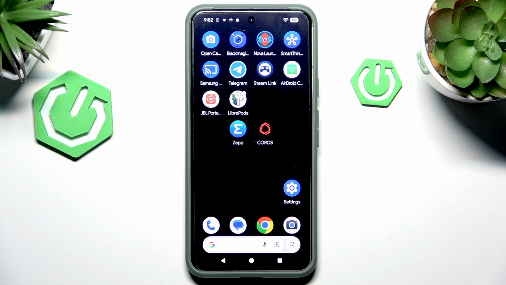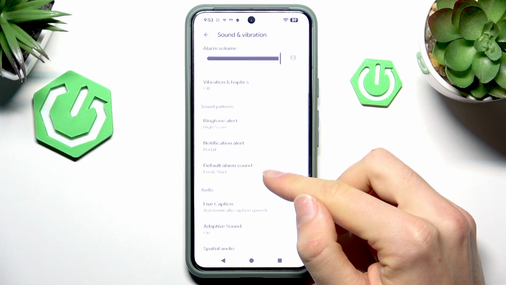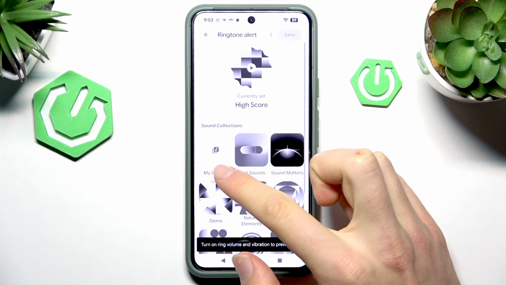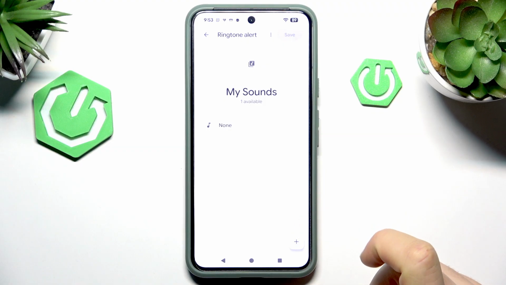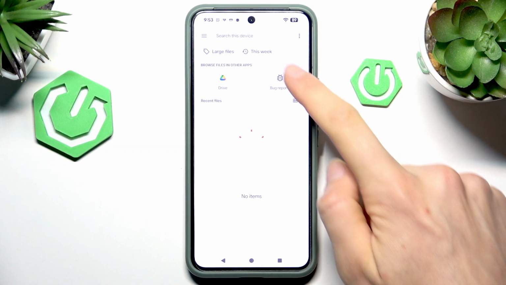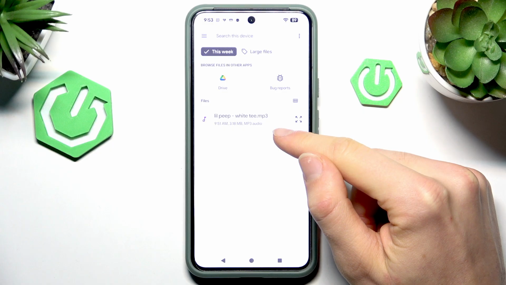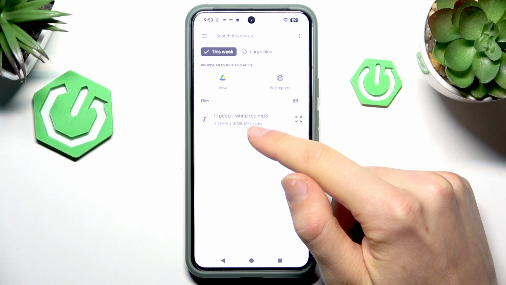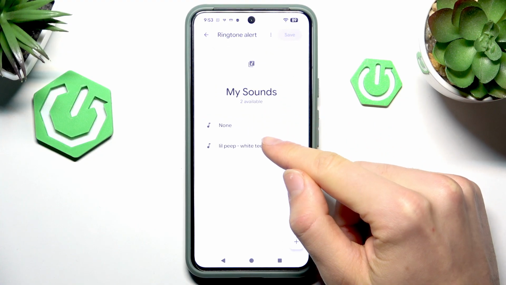So basically, first up, make sure to download or record an MP3 song or sound, and when you did, you can go to Settings, Sounds and Vibration, scroll down here to Ringtone Alert, click here on My Sounds, click this button right here, and search for a recent file, or just search by the name of your file, click on it, again,